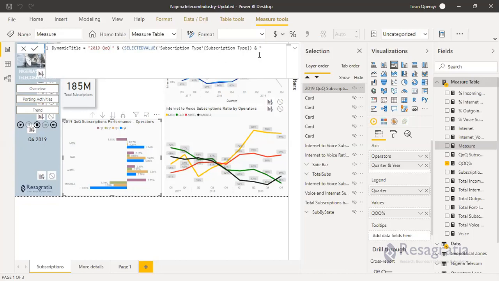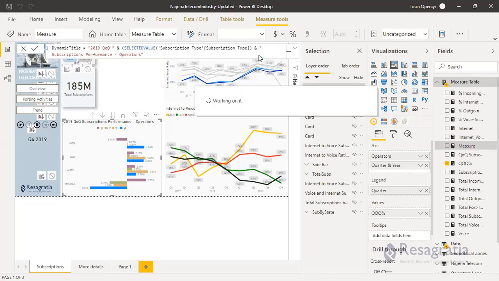So it will start from subscription now: subscription, performance, dash, operator. That's my operators. Then I'll close this. Yeah, I think that should work.